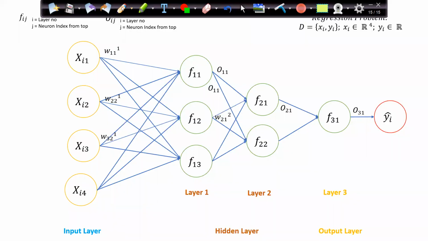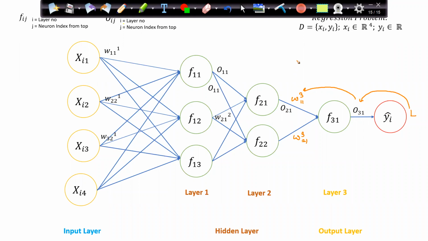If I come back here, let's try to understand from here once again. So this is my W, basically the weight which I have here is W311 and this is W321. Now this is my loss function. So I'm going back with O31, and then I'm going back again to O21, right? Basically to update my weight. So O21 is output.